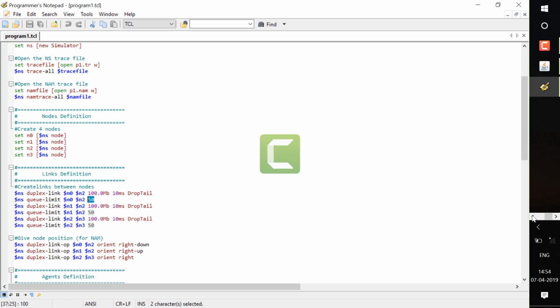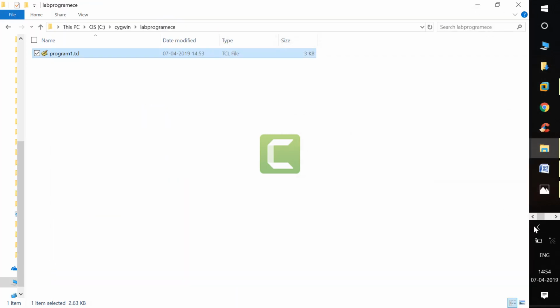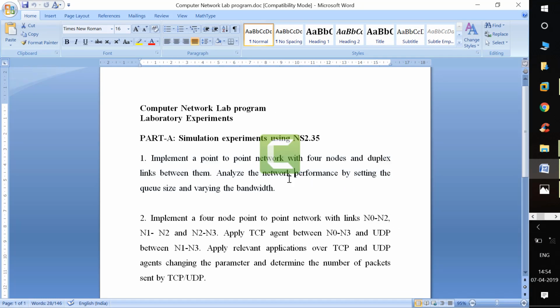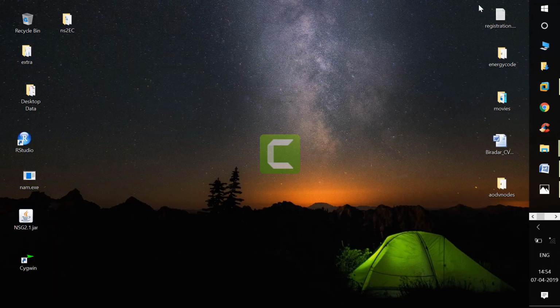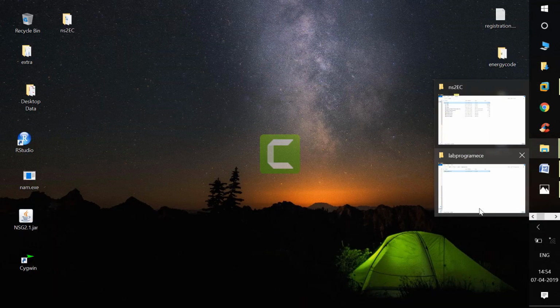The aim of the experiment here is to analyze the network performance by setting the queue size and varying the bandwidth. That means you have to set the queue size and vary the bandwidth. So we will vary the bandwidth and check how many packets we have received and sent. As the program is created,